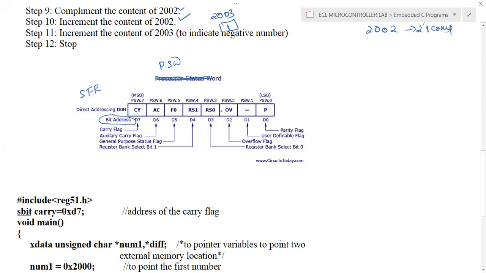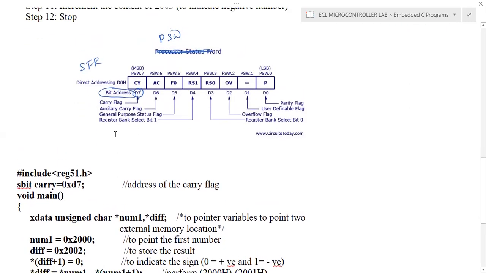A byte can be addressed by its location address, memory address, and in 8051 this carry flag is also bit addressable. So the address D7 is actually indicating the carry flag. So before doing the program, you can assign a statement, sbit carry is equal to 0xD7. Instead of using this address D7, I can use the word carry.